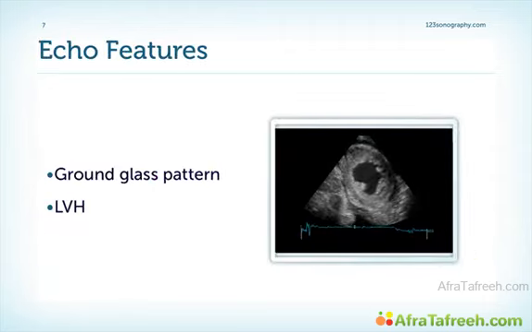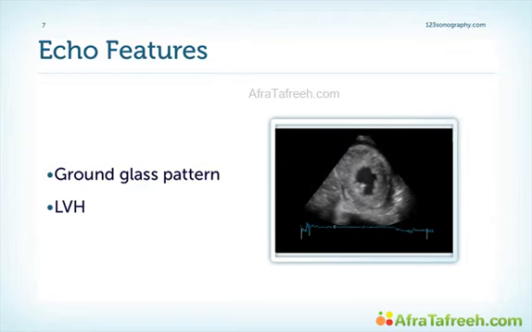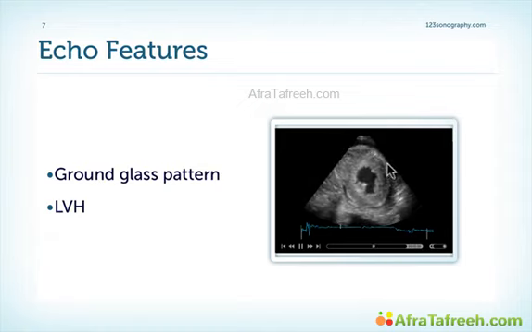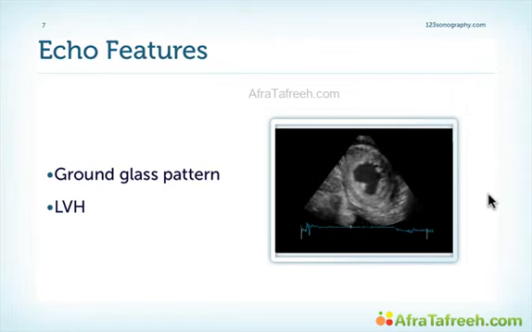Cardiac involvement is most commonly present in patients who have immunoglobulin type amyloidosis. In these patients, approximately 50% are involved, and a quarter of these patients have some form of symptoms, usually congestive heart failure. The presentation in echo is sometimes very typical, and sometimes it's the echocardiogram which leads to the diagnosis of amyloidosis. What you see, and what is nicely shown in this example, is a very echogenic type of myocardium, the so-called ground glass pattern, and very often left ventricular hypertrophy in the absence of hypertensive heart disease.